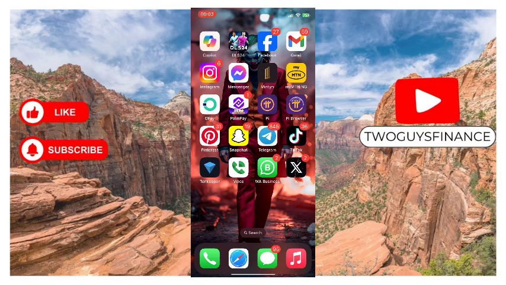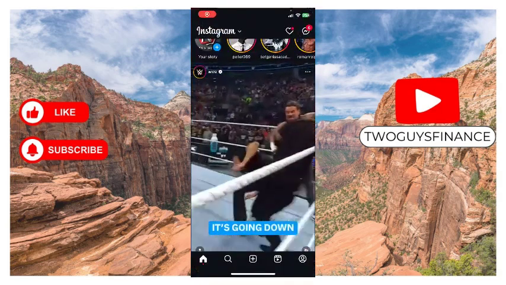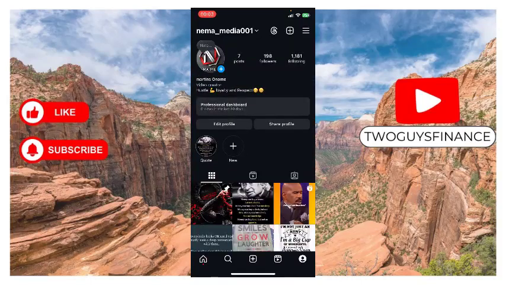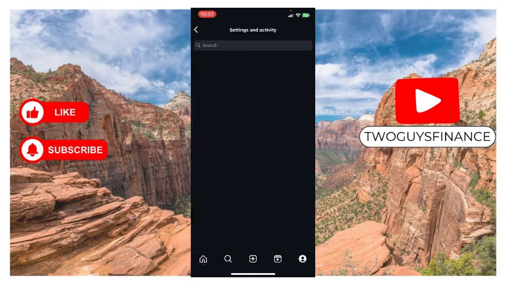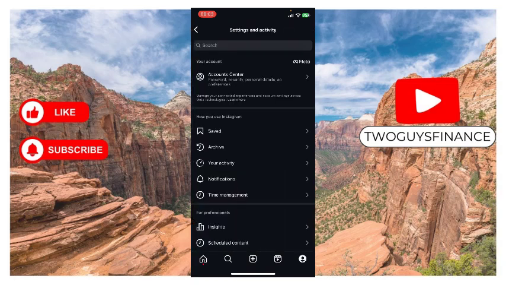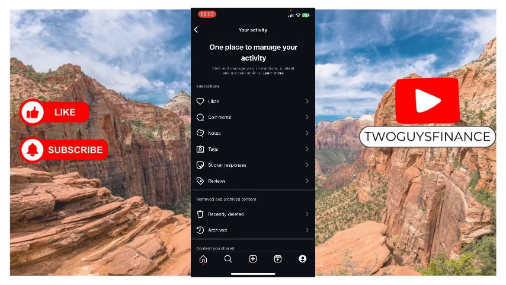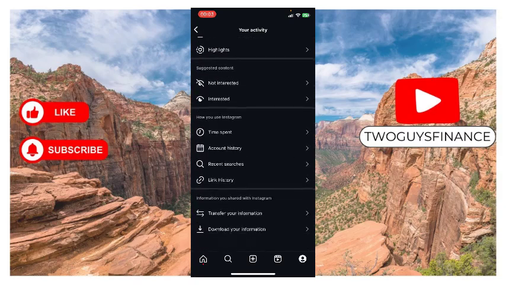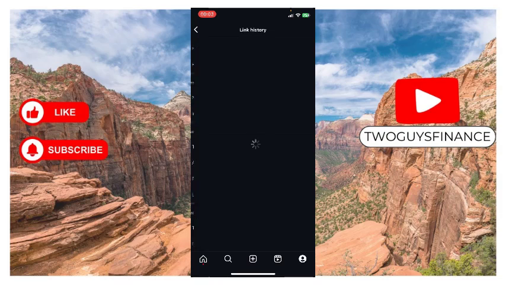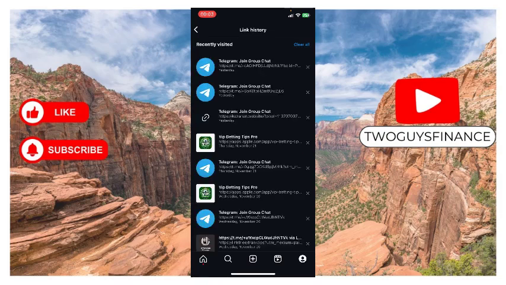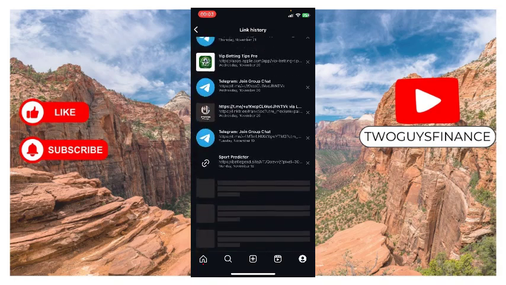You have to open your Instagram app on your phone. When you open it, then you tap on the profile icon. Then from there you tap on the three-line button at the right top corner of the screen. Then from there you tap on your activities. Then you scroll down a little. Then you tap on link history, and from here you can clear all the link history at once,